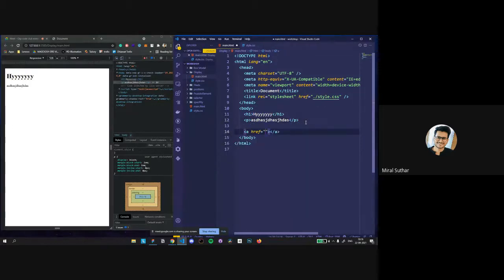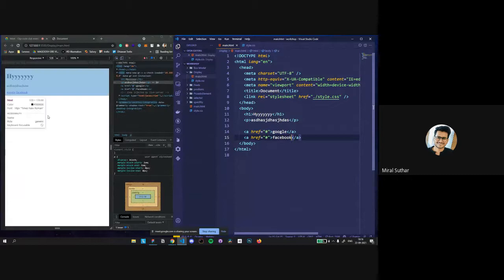If we use an anchor tag, say we have a website and we add Google, it shows in place. And if we add another anchor tag, say Facebook, where do you think it will show? It's beside, because it's using an inline display, which is the default for anchor tags and most other HTML elements.